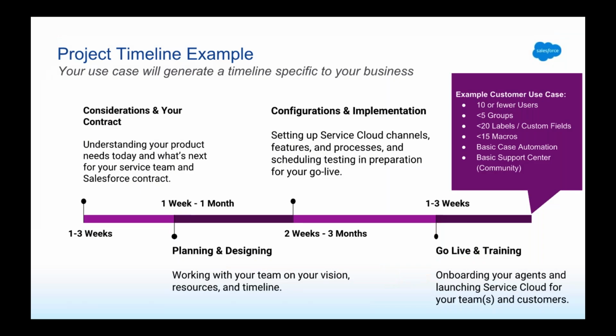Great, thank you, Holly. And so as Holly mentioned, this is a great opportunity. To supplement the planning categories covered today, we've also dropped in a sample timeline. This is going to capture some high-level stages while envisioning your transition. And I do want to reiterate, this is just an example. It's based on a scenario of a customer using specific features that are noted in the purple box over on